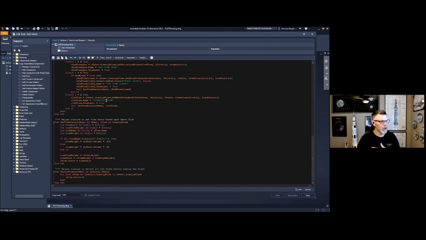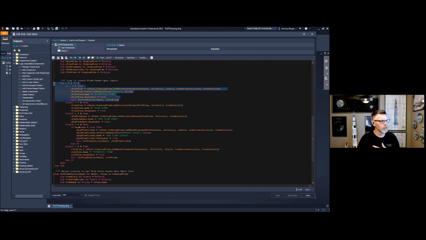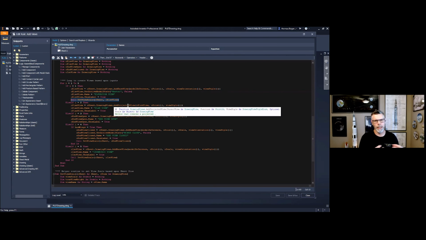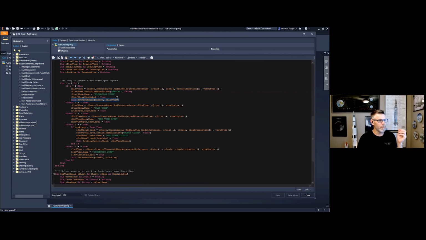Like in this case, once I create a drawing view, I want to make sure that my drawing view is scaled in such a way that it fits on my drawing. In order to do that, I don't want to do it explicitly, because depending on what I'm creating a drawing view of, is it a water bottle or is it an automobile? The scale is going to vary depending on the view reference, the model reference. So as opposed to being explicit in terms of the view scale, I'm just going to pass